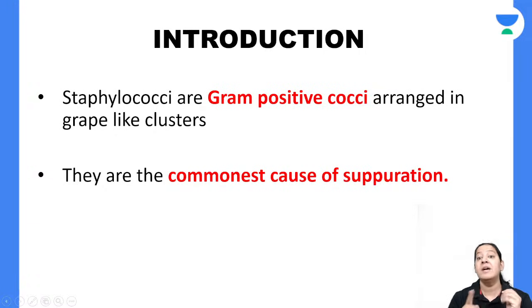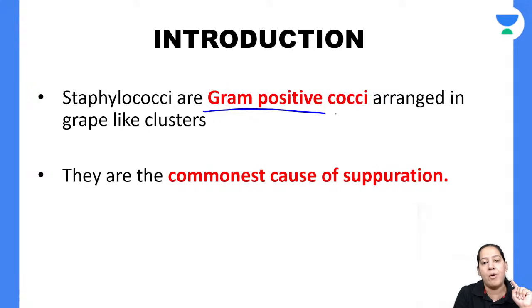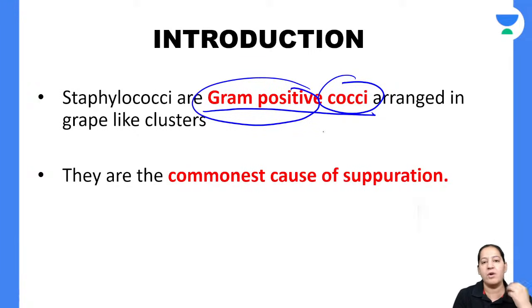Start writing in the table. Start writing in the introduction. As we all know, Staphylococcus is a gram-positive cocci. The first thing, it is a cocci. It is a sphere. It is not rod shaped. It is a spherical shape. And the second thing, it is gram-positive. It is not gram-negative. It is gram-positive because it is violet in the end on gram staining.